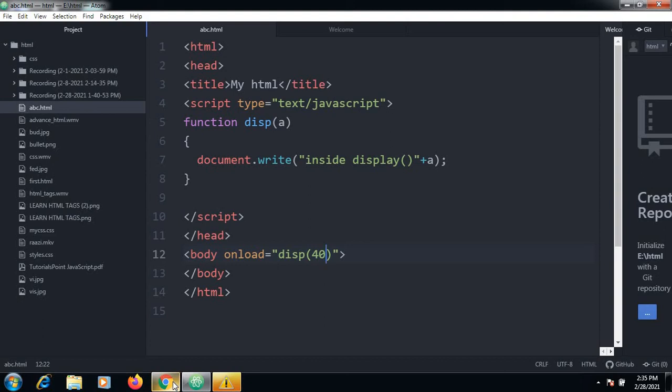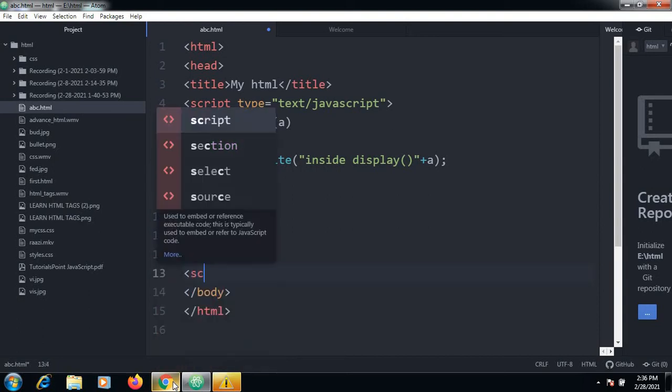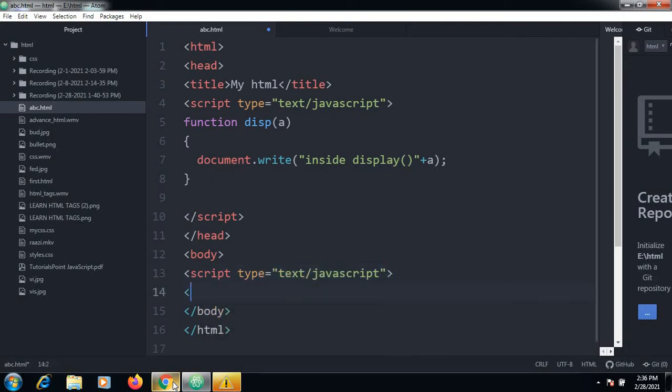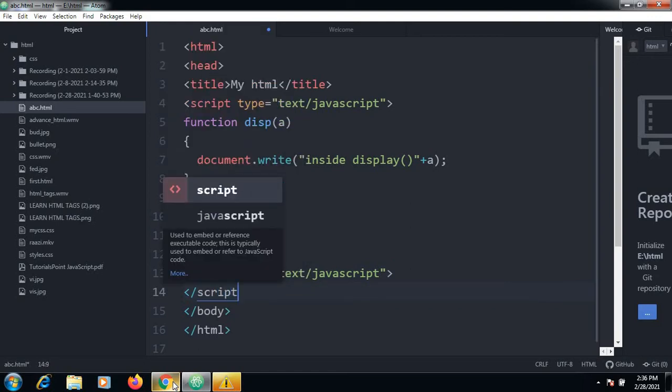Okay. So we have the object creations. How to create an object in JavaScript? Similar to C, we can create an object in JavaScript also. This is created by using the new operator. I will try to define this body. Now I will have a script, type is equal to text/javascript, creating the object using the new operator.